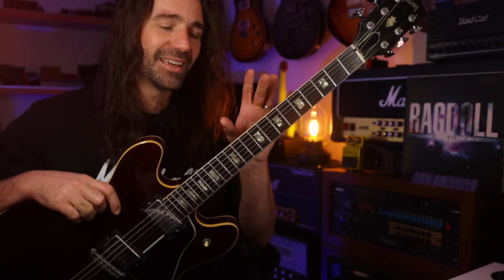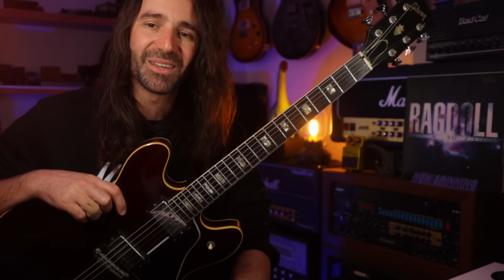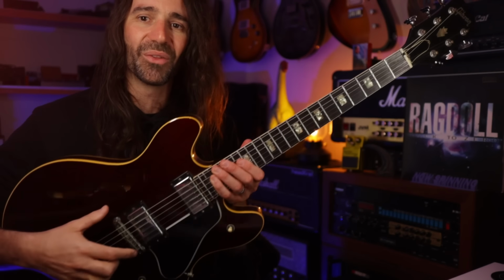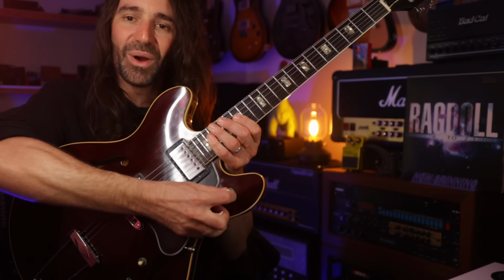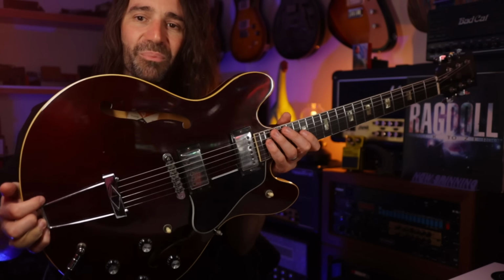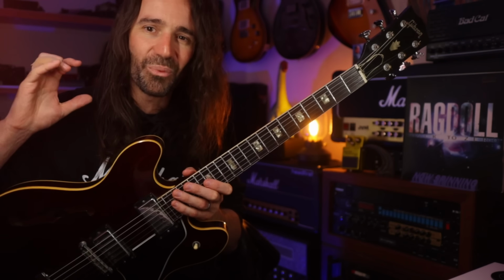It has since had a stainless steel refret and plek setup from Tim at Williams Guitars here in Perth, WA. It's got the original T-top pickups in it. It's got the original two-way coil split on here and the trapeze tailpiece. I have used this for a bunch of gigs, and it's just one of those guitars that oozes vibe to